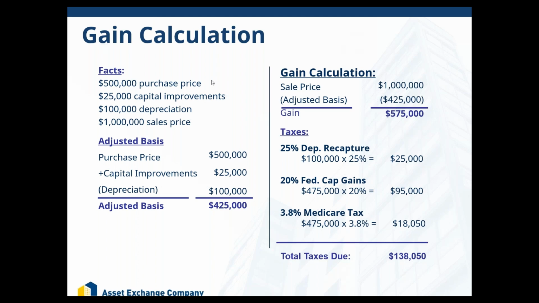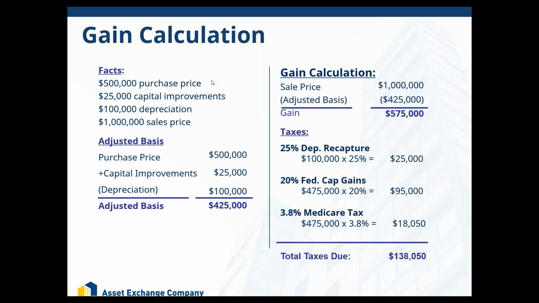So in order to calculate what the taxes are, the first thing you need to be able to do is calculate what they refer to as adjusted basis. Basically, the way you do that is you take the original purchase price of $500,000. Now you add back in those capital improvements of $25,000, and then you deduct out the depreciation of $100,000. And that's going to give you an adjusted basis of $425,000. Now, how much are we selling it for? We're selling it for $1 million. So let's take that $1 million sales price. We'll deduct out the adjusted basis of $425,000. That's actually going to give us a gain of